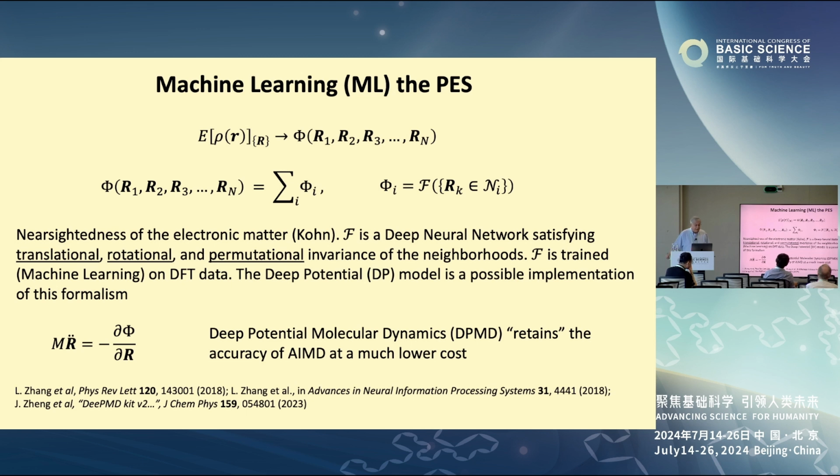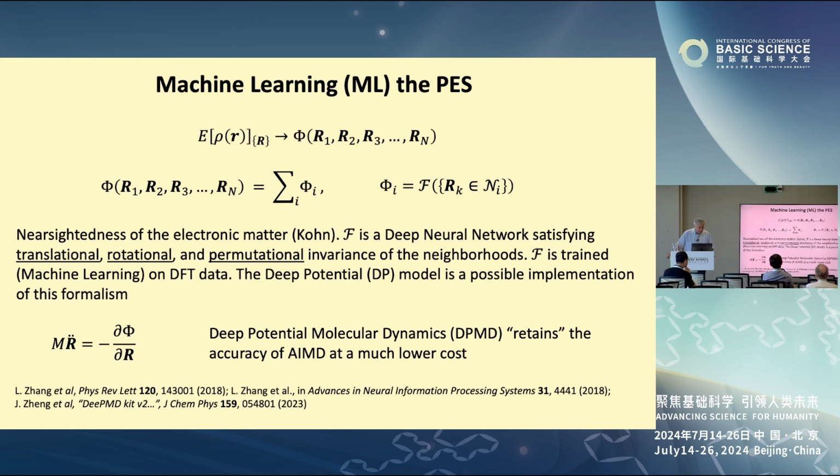The sum over I here runs over the atoms or the nuclei in the system, and each atomic potential depends on the coordinates of the atoms that are in its neighborhood, and that can include a substantial number of atoms. So it's a truly many-body potential